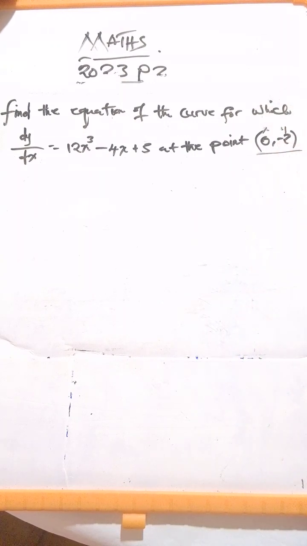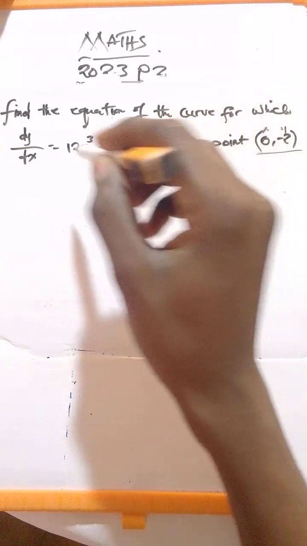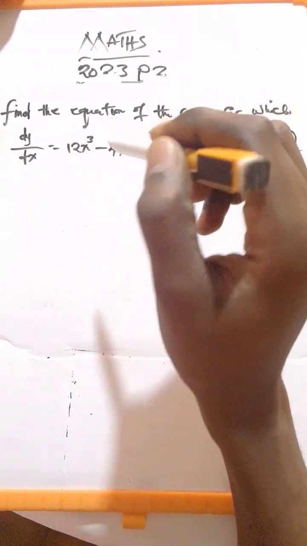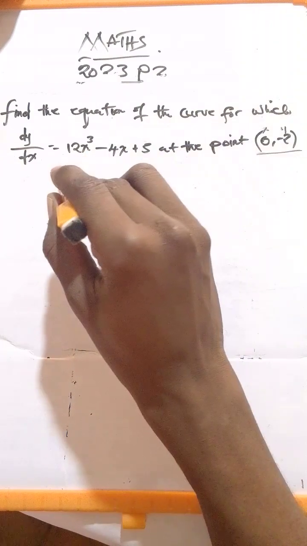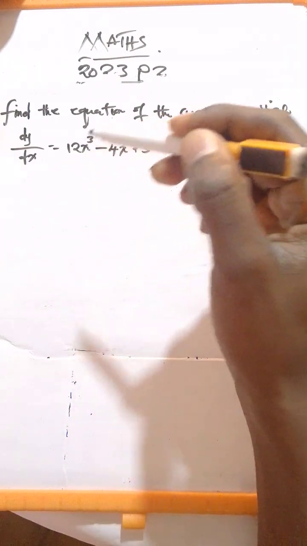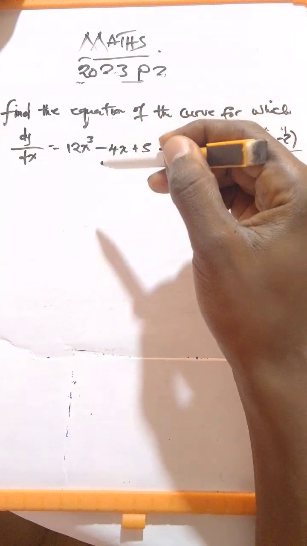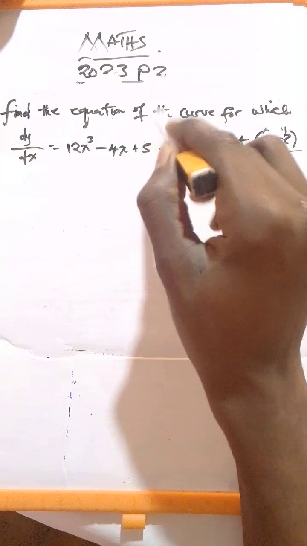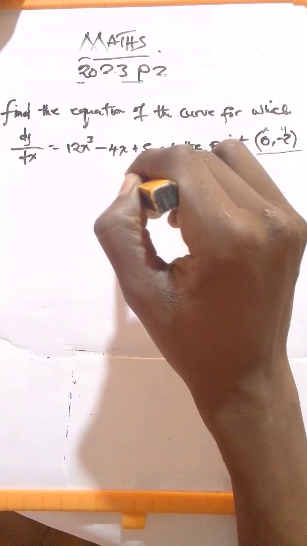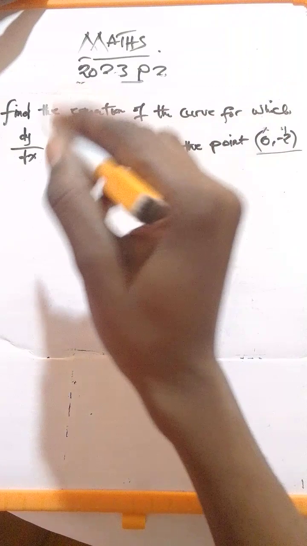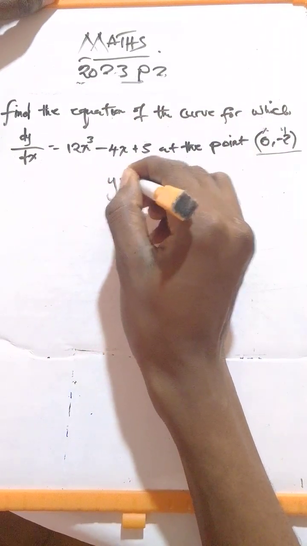Now for us to solve this, we need to keep in mind that we have not been told whether we need to find the equation of the normal or the equation of the tangent. So when they give you dy/dx, it means this equation given here was already differentiated. So now we need to take it back to the original equation, the equation which gave them this equation after it has been differentiated. So for us to do that, we will say now y is equal to